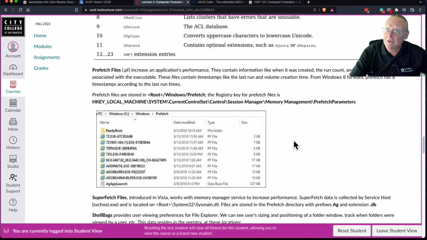And for forensic examiners, this is wonderful because I have a record of the last 128 applications that have been run on this machine right there, easy to see. The only thing annoying about it is these prefetch files are in a strange format, so you have to use a special tool to extract them. But there are plenty of tools that can do it. And another thing annoying about it is that you will only find it on desktop versions of Windows, I mean consumer versions like Windows 10 and Windows 11. It's turned off by default on Windows Server operating systems like Server 12 and Server 16 and Server 19. Anyway,